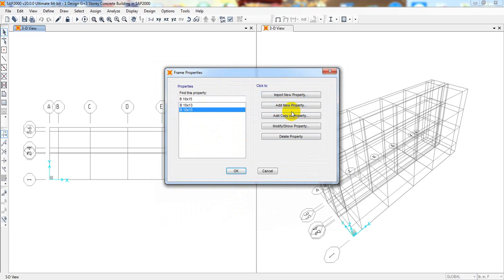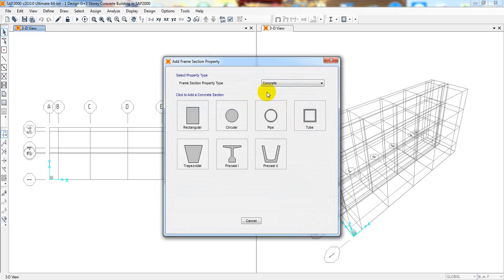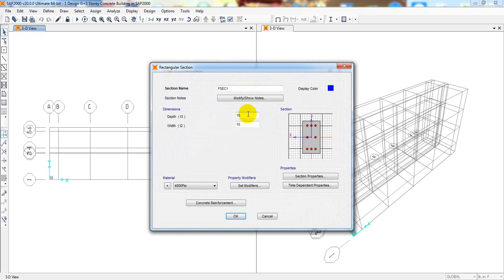Again add new properties, and from here concrete, then rectangular, and here I will take the section 12 into 15. As the section 15 into 12, it will be column 15 into 12, or 12 into 15, it's better. 12 into 15, actually it looks good. So when it's done, 15 into 12, after that the reinforcement, I mean our materials,